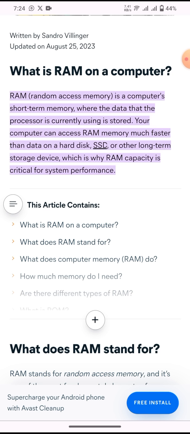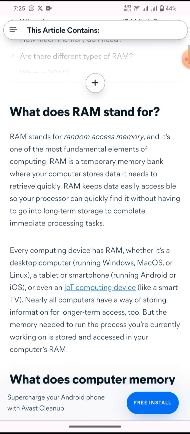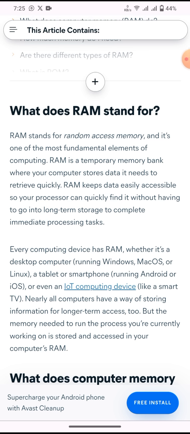The article covers what is RAM on a computer, what RAM stands for, what RAM does, and how much you need. What does RAM stand for? RAM stands for random access memory and it's one of the most fundamental elements of computing. RAM is a temporary memory bank where your computer stores data it needs to retrieve quickly. RAM keeps data easily accessible so your processor can quickly find it without having to go into long-term storage to complete